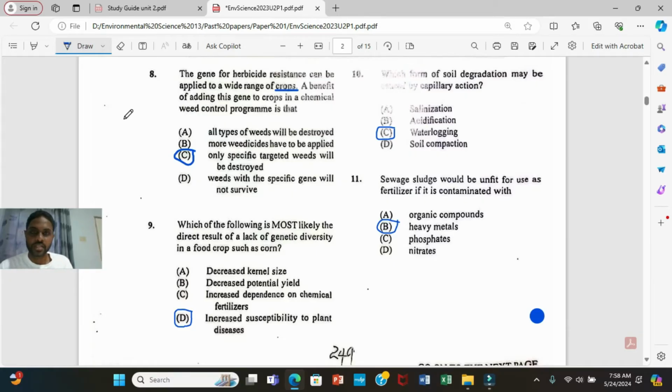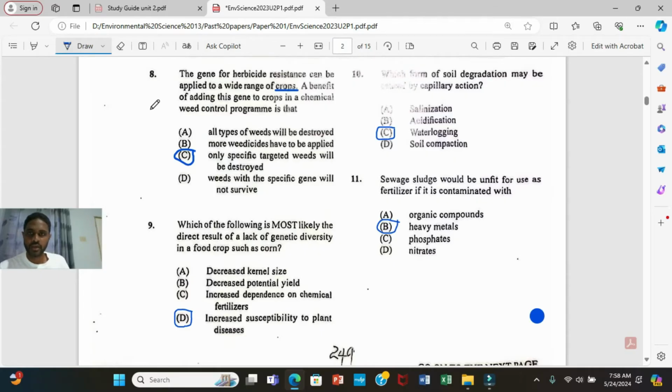Let me give you an example. Soya bean right now that is produced, it is genetically modified, guys. A fungus that has the herbicide resistant gene. That gene was taken from that fungus and placed in the soybean plants. Currently, that's what's going on. So what happened? Because soybean has that gene, the farmers can spray the soybean plant with herbicides like Gramoxone and Roundup, and it will not kill that soybean. But what happened?